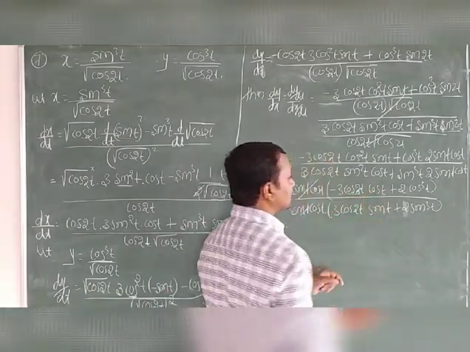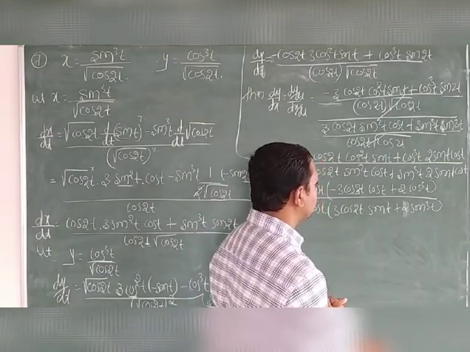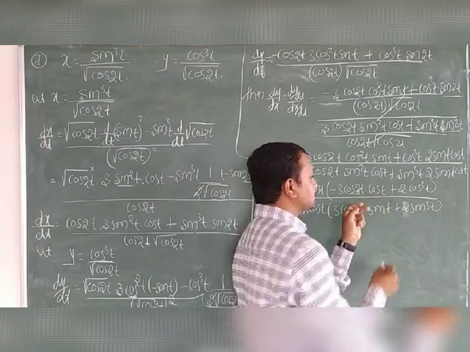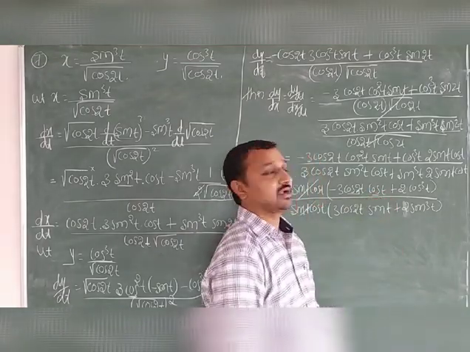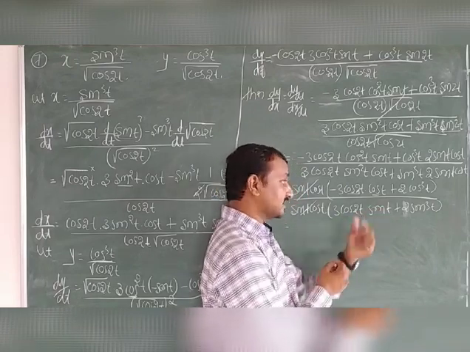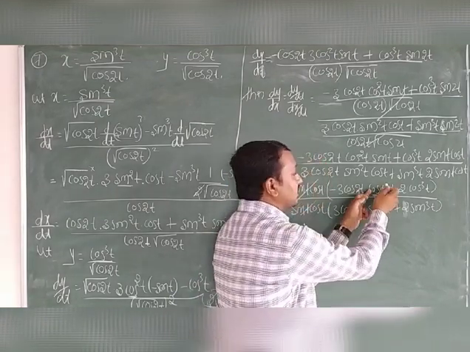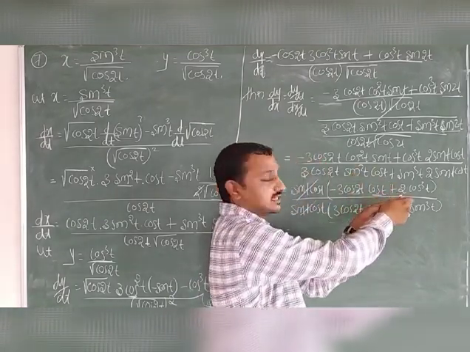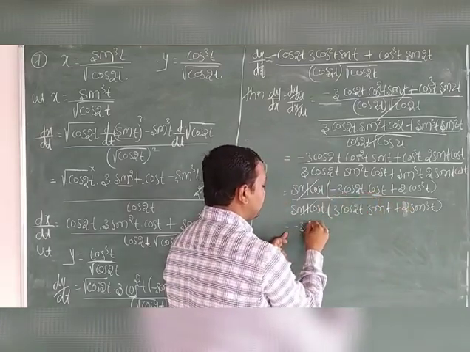the cos 2t formula. What is the formula for cos 2t? Corresponding to cos, because here the cos term is there: 2 cos square t minus 1. Here in the numerator corresponding sin: 2 sin square t minus 1. Is that clear? Because here the cos term is there, because of the multiplication term it will become cos. That's why we apply it. So the cos 2t formula is minus 3 in the bracket.